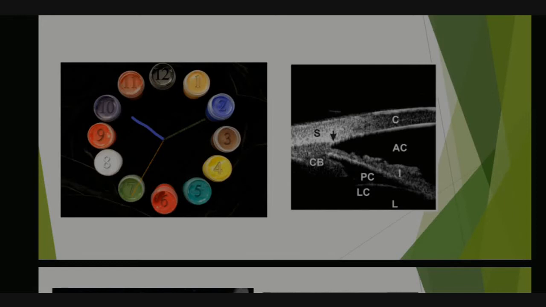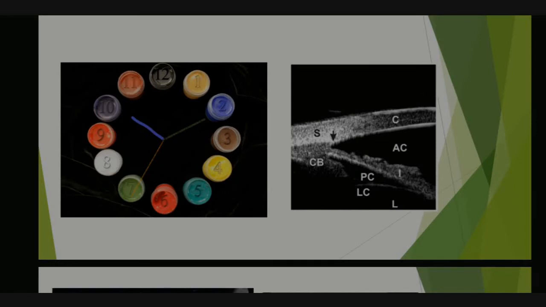How I do the clock hours is I place the probe in the direction towards the opposite side. Now the patient is lying and looking at the temporal side, so I will place the probe on the nasal side. It will be slightly slanting, right? In the case of transverse. For a radial scan, it will be straight. Radial means it will be just straight.